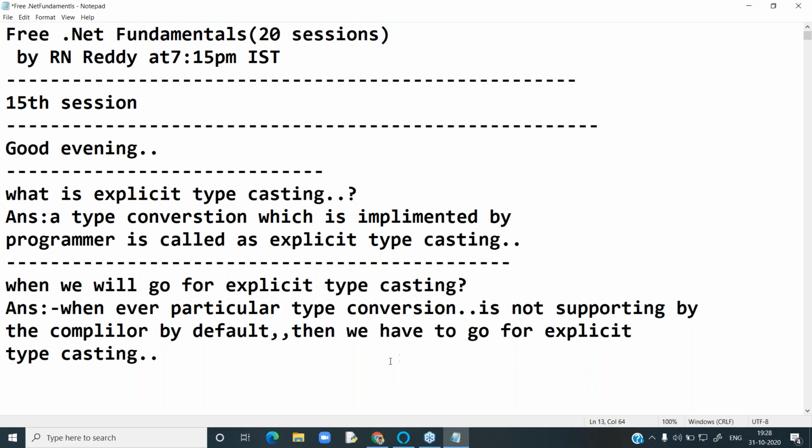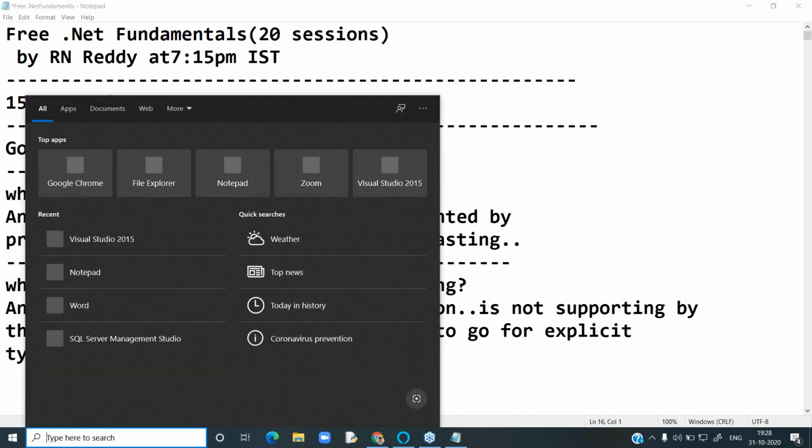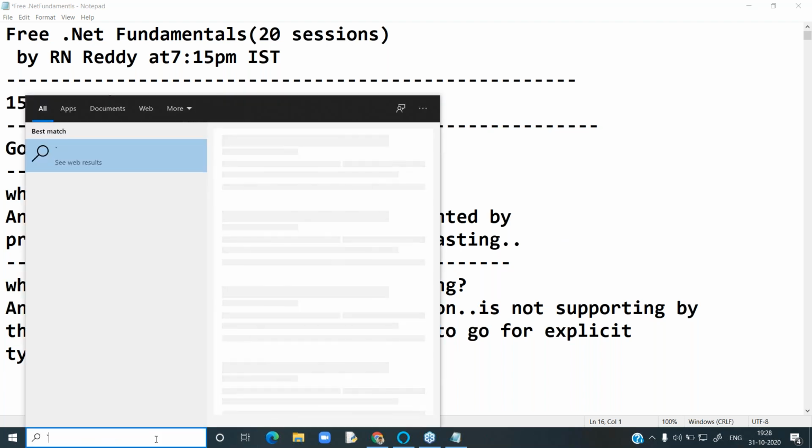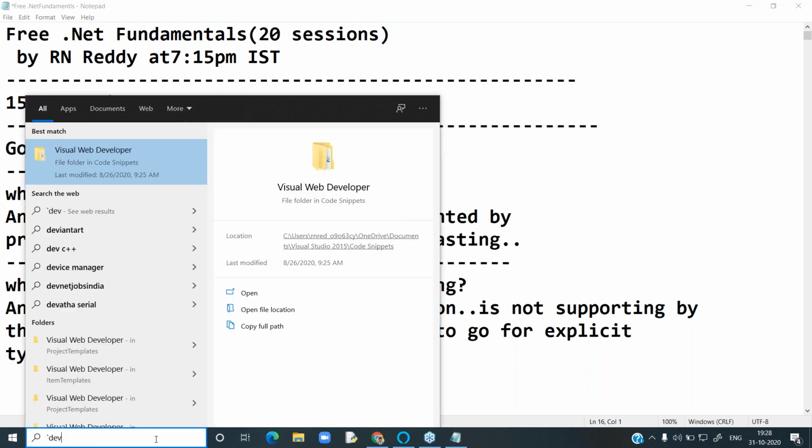Did you understand, all of you, what I said? Whenever a particular type conversion is not supported by the compiler, we go for explicit typecasting.